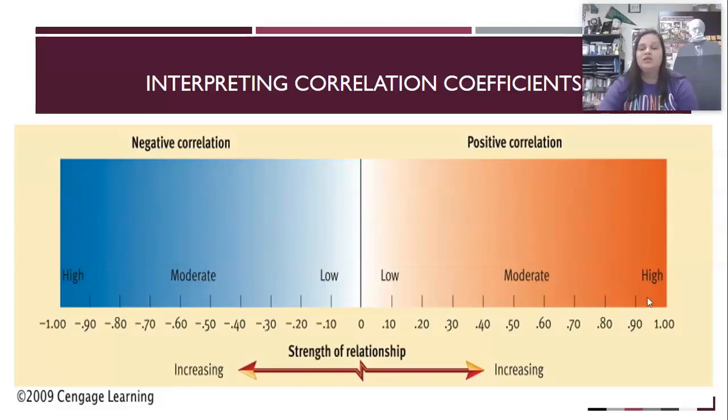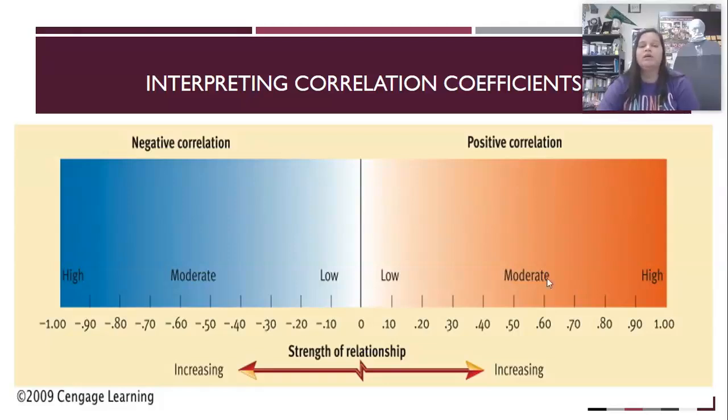We see that the higher the correlation coefficient, the stronger the relationship. But it could also be a strong relationship even if it's negative. So for example, a negative 0.97 is a stronger relationship than, say, a positive 0.2, because 0.2 is closer to 0. When the coefficient is closer to 0, there's very little relationship between the variables,